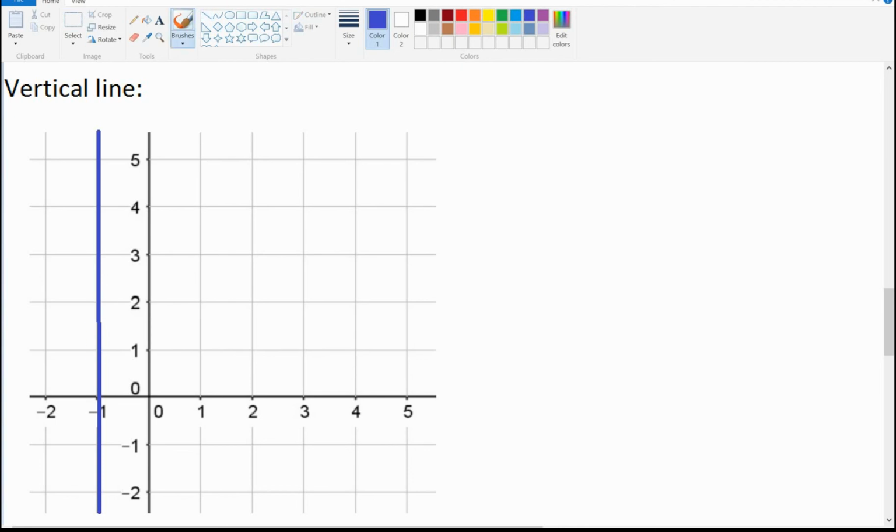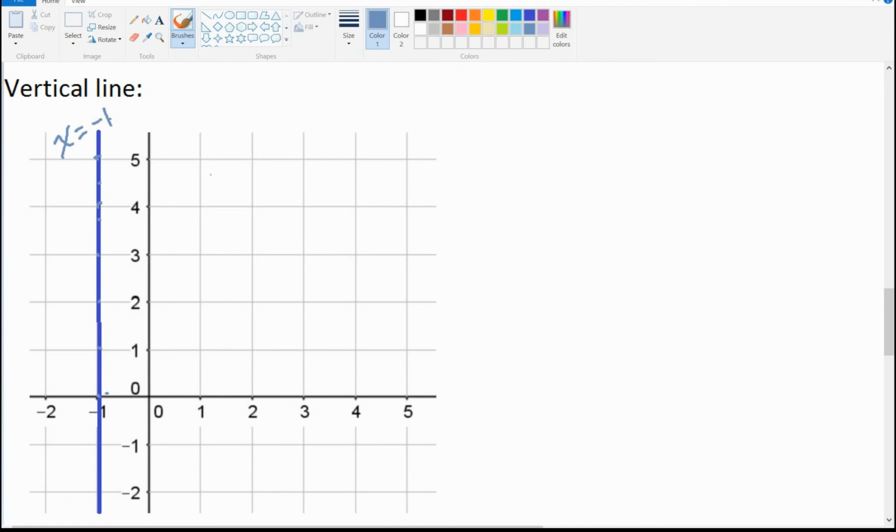So how can we define this line? Well, no matter what the y value is here, x is always equal to -1. Every possible point, even all the in-between ones, x always equals -1. So that's how we are going to define the equation. x equals